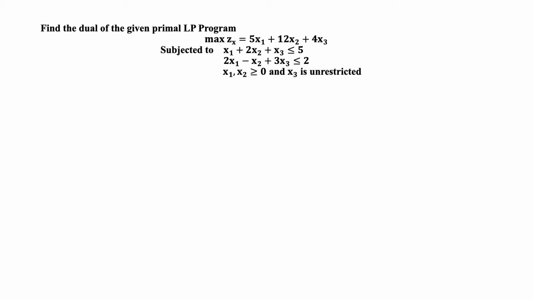Hello everyone. So in today's class we are going to see how we can convert a primal LP problem into a dual LP problem. Okay. So first thing, as we have seen in our earlier examples also, we will convert the primal problem into the standard primal problem, and then standard to dual form. Okay. So what is the standard form? The objective function will be in maximization and all my constraint equations will be in less than or equal to form.